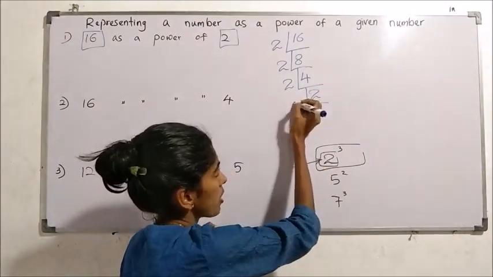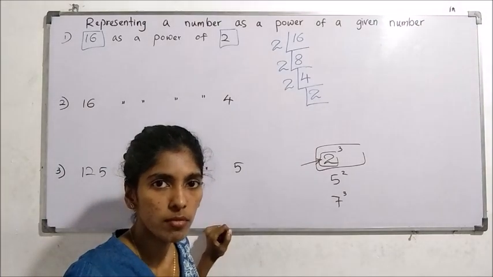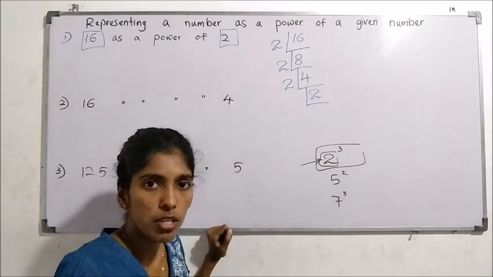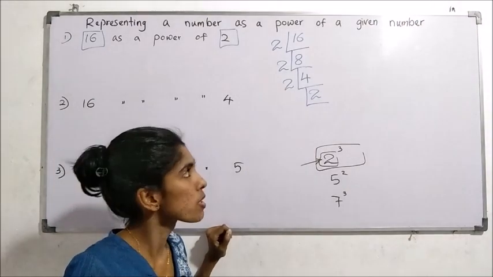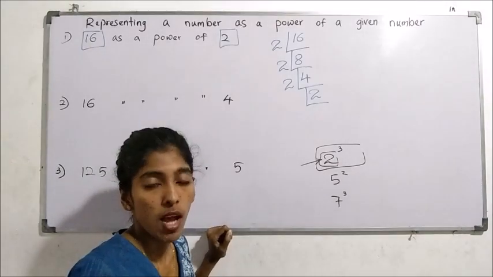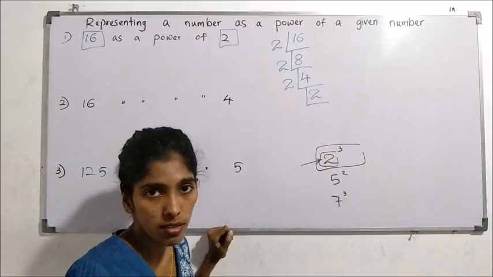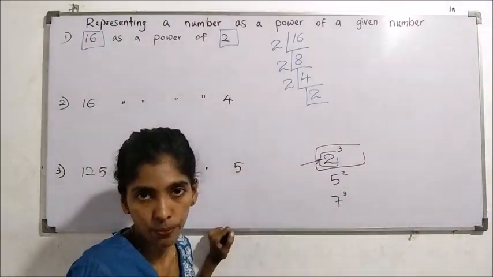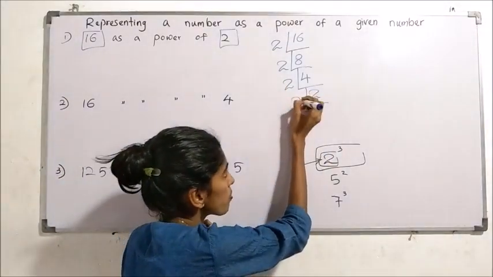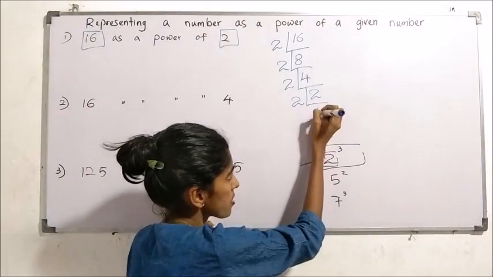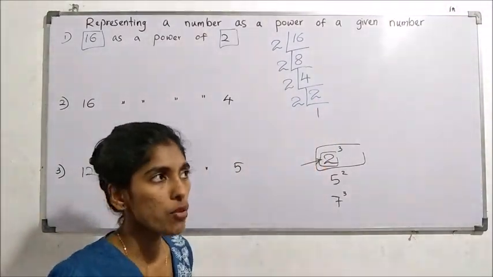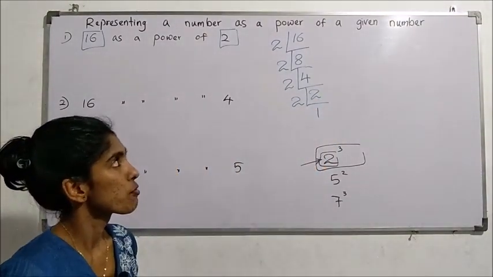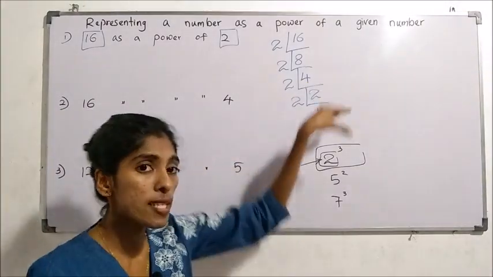Again we will divide, but until what? There should be an end now. Dividing without stopping. So remember, until you get 1 as the answer, you should divide repeatedly. Okay, so here again we will divide. The answer is 1. Right, now you may have a problem that if you got an answer like 7, how can